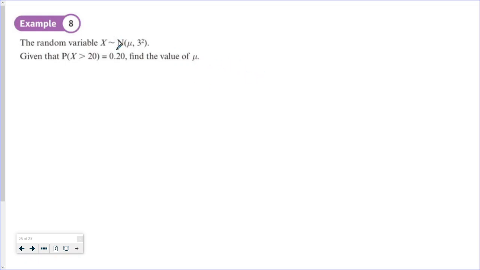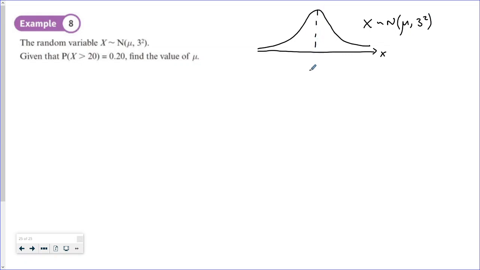So let's just get an idea of what's happening here in terms of our x variable. Think about the x distribution here. Our x distribution has mean mu and variance 9. So we know that mu is in the centre, and we're told that the probability of x being greater than